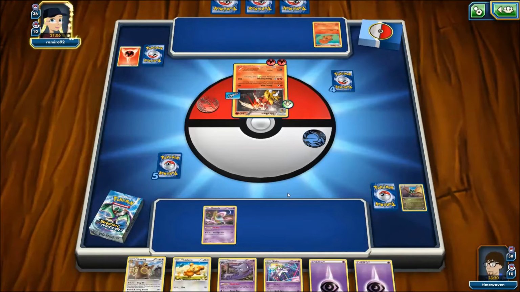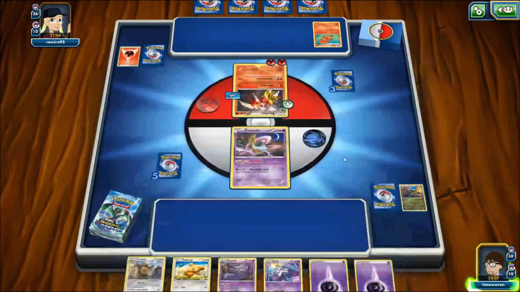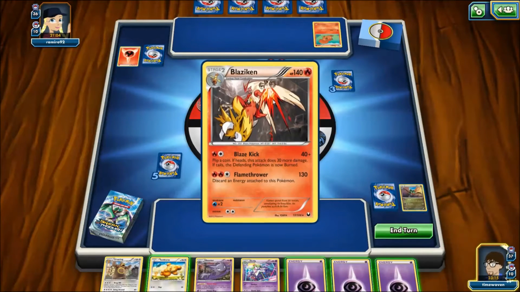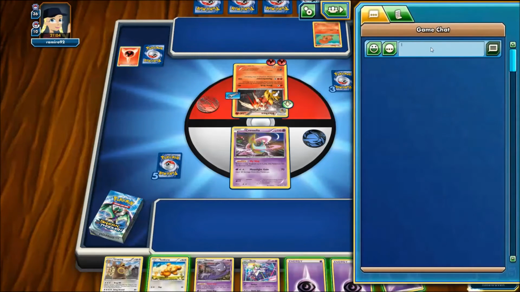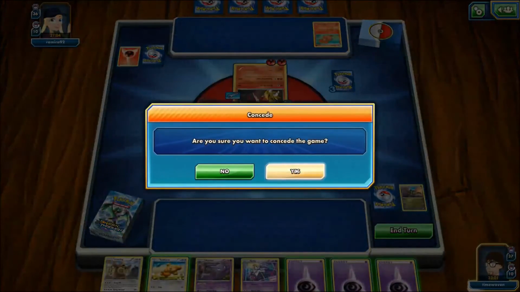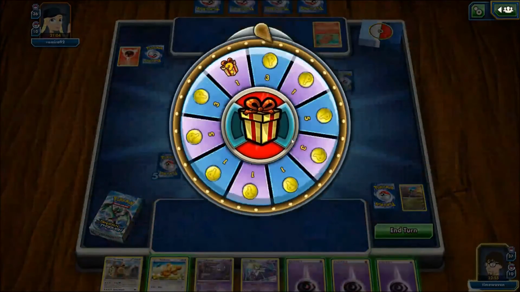Noivern is gone. I am not going to play the Teddy Ursa. There's no point to outlasting this game. I think I'm just going to call the concede because she can just flamethrower me again next turn and I will lose Cresselia and there's no way I can set up. So I'm going to say good game to my opponent and we are going to concede. And I will be back in a moment